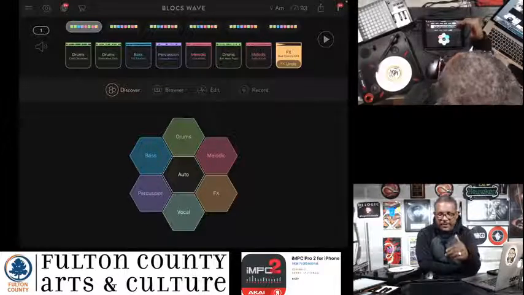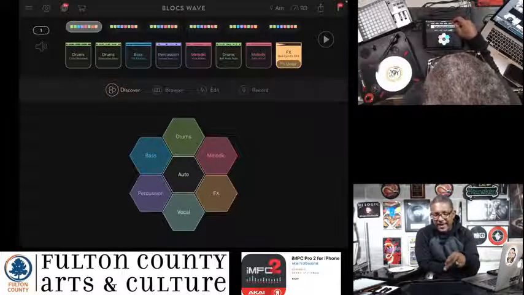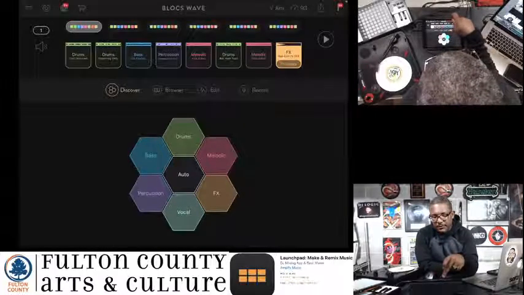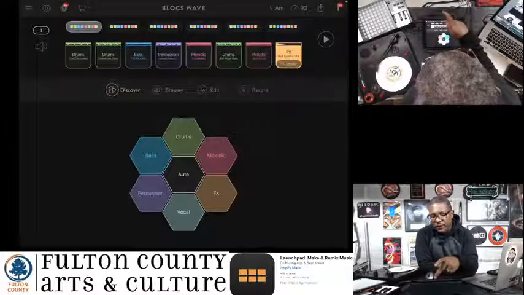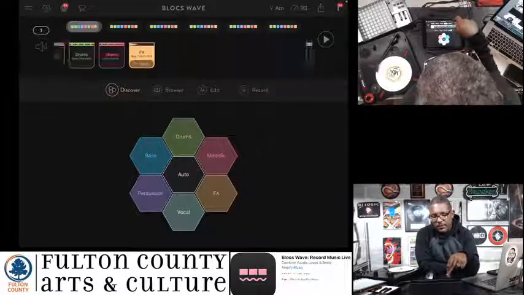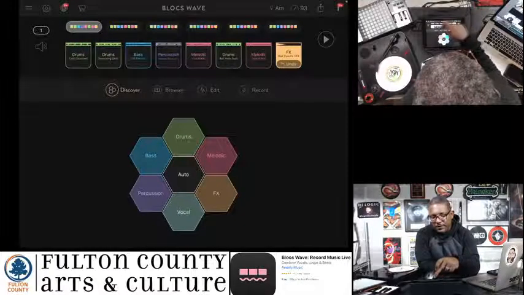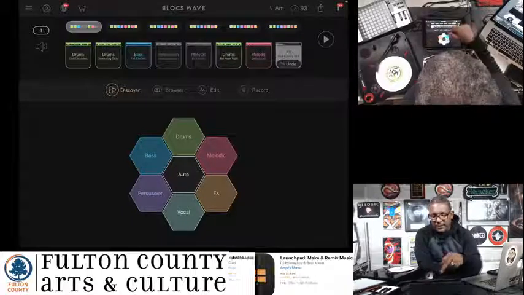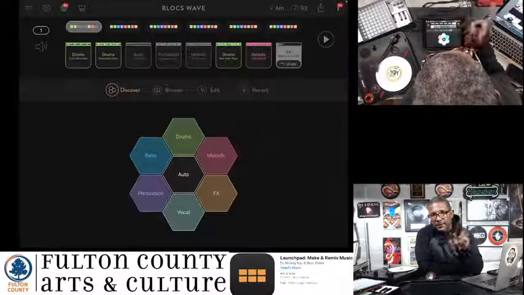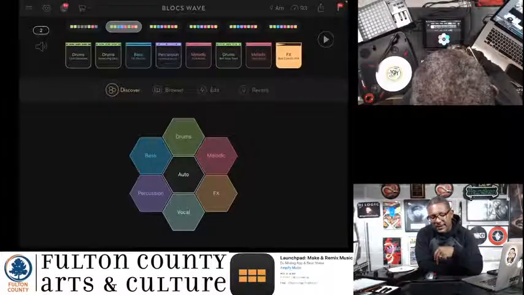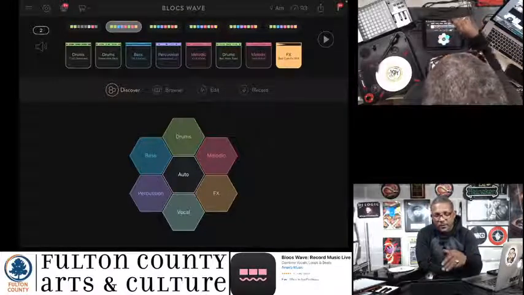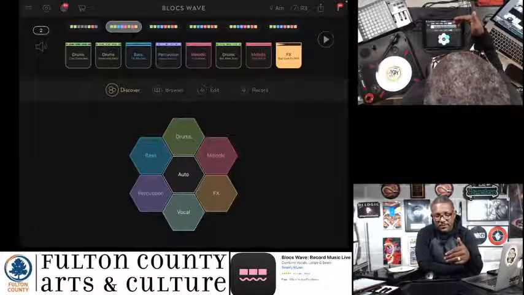And what you're doing in Blocs Wave is creating segments that can build up to that. So somewhere around these middle two, section number 3 and section number 4, these are the ones that would have the most activity on them. And section number 1 might be very sparse. What I just did was swipe up on the block, and that mutes it. That stops it from playing for that section. If I go into the other section, it's still lit up. So each section is independent of the others, which really works out well